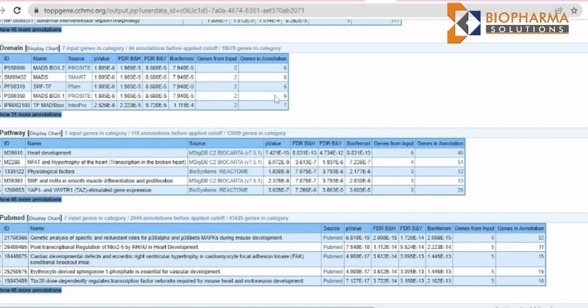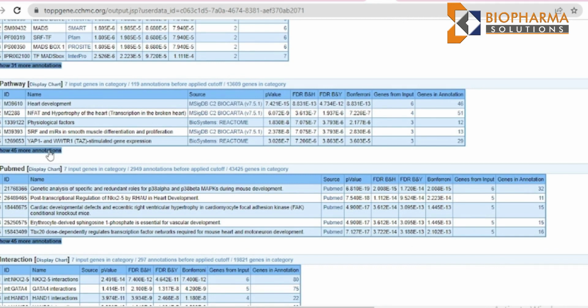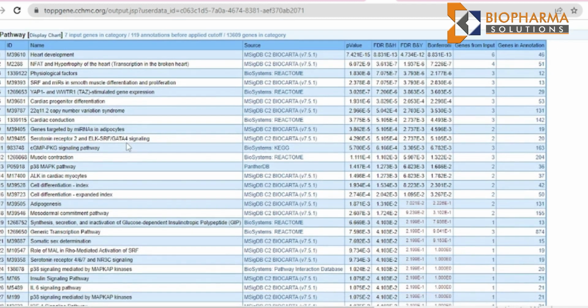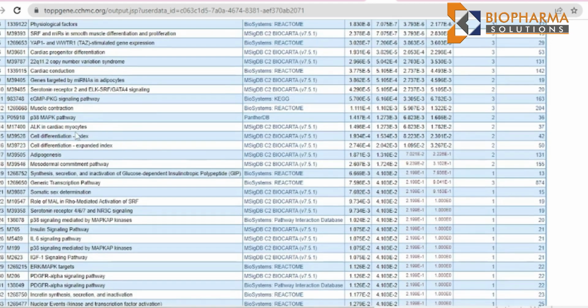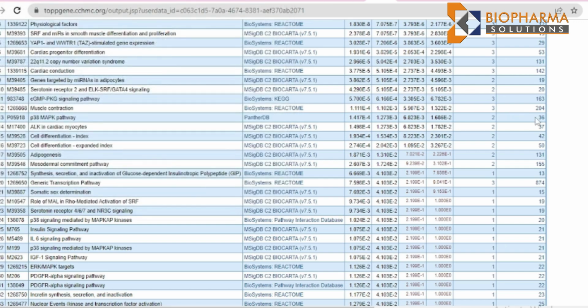Now pathways. These are the pathways selected. So 45 plus 5, 50 pathways are there. Now I can again make my query a little more precise. Suppose I need the MAPK pathway, P38 MAPK pathway alone. Then what I can do is, actually only 2 genes are there which are having this pathway alone. So I can pick up them if I want, or if I want to find the remaining 36, I'll be able